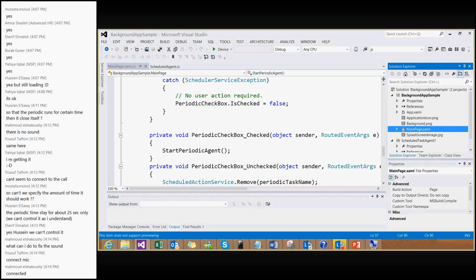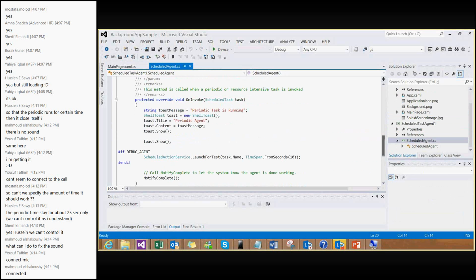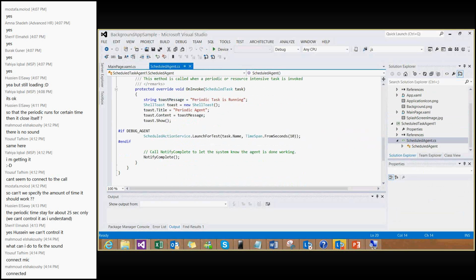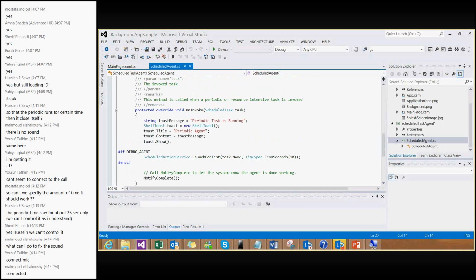By the way, this is a kind of copy paste for any scheduled task agent, and the only code that is different between this application and another one is the one you use in the on-invoke. So in this application, we're just starting a shell application. Periodic task is running, and then adding a title and a content, and then a toast to show. So for this application, every 10 seconds, as we've mentioned earlier, the toast will run to show you